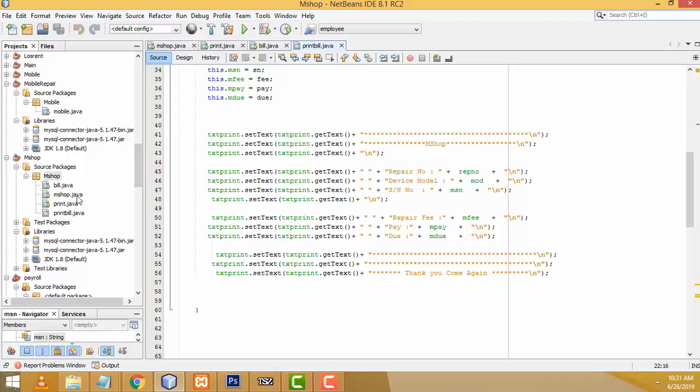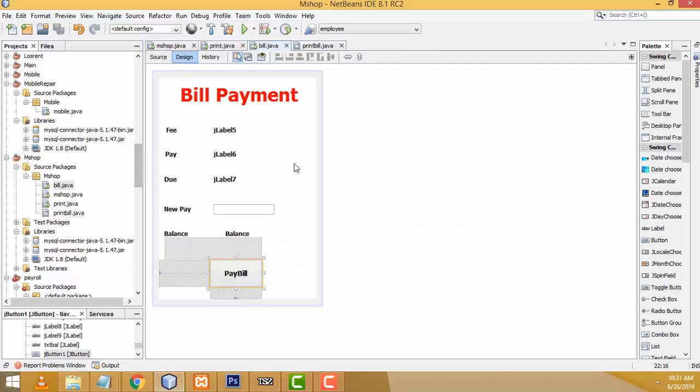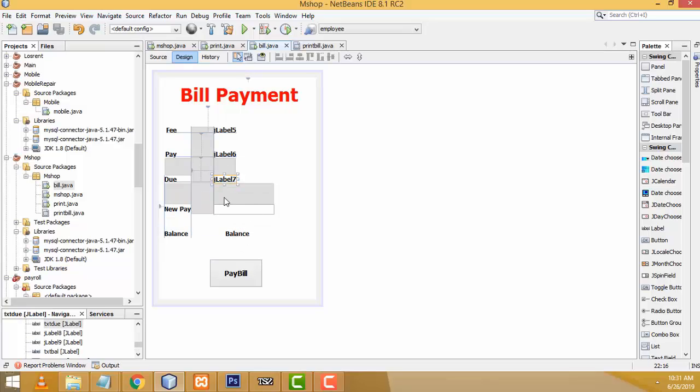So let's go back to our page build.java. Here, these are the values we have to send into which page? Print bill.java. We have to send only due payment, new payment and balance, along with the customer details, right? So what I am going to do here